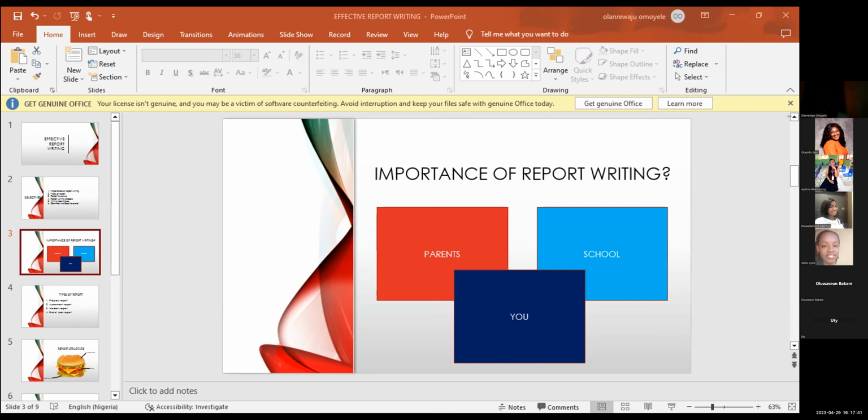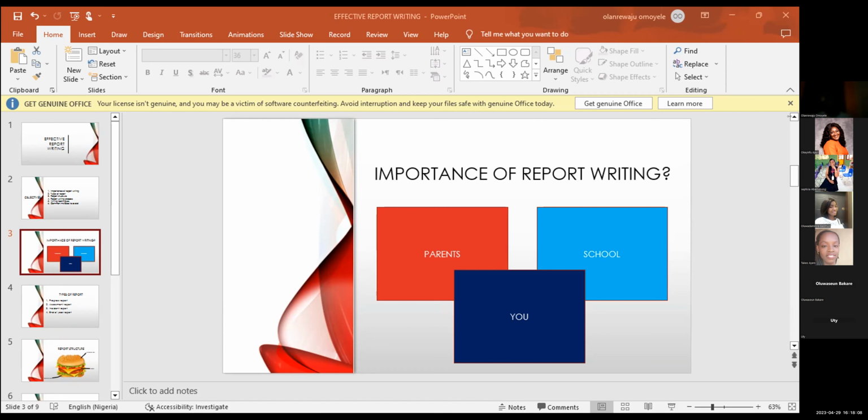It also helps you to know their strength and say, okay, wow, I discovered that this child is finding it difficult in maths or in English. Okay, how do we support this child? So for you as a teacher, it's also important to write a report. Don't just wait, because at the end of term people are going to write report comments. No, every week or every day, even if it's a line of report, write it down about that child.